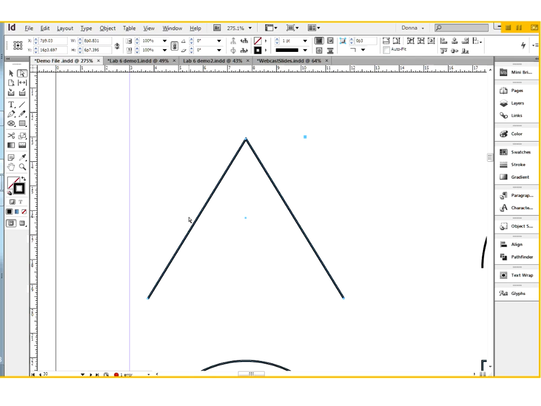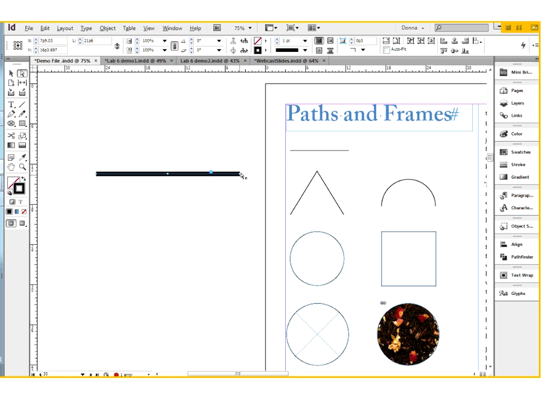So if we go back here for a moment to our line, we can see that all we have here is a segment, but we actually still have two anchor points. We have an anchor point here at the end and another one at the other end. This is our start and stop, giving the indication of where that segment is going to begin and where it's going to end. On an InDesign note, if you wanted to change the angle of this, I would suggest instead